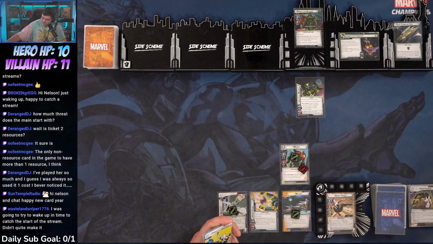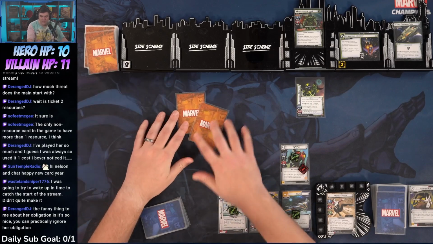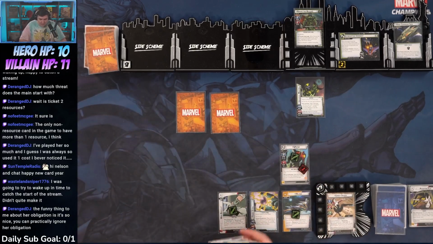We're going to start out by adding 2 threat here. Ronan is going to attack us for 3 plus 2 boost cards here. And we are going to...